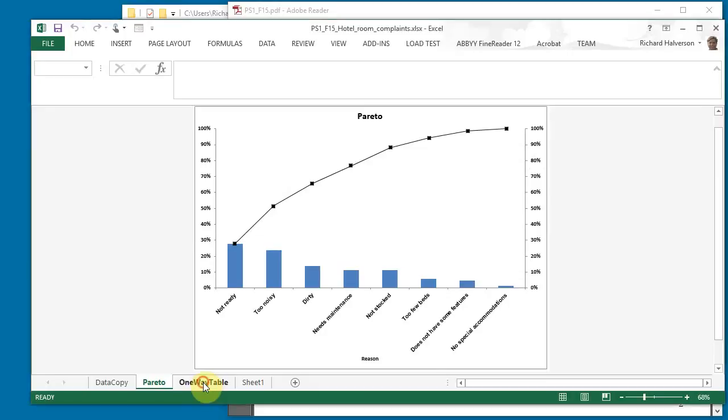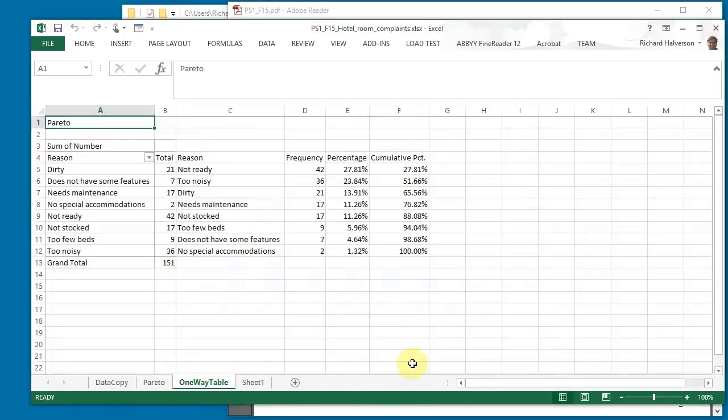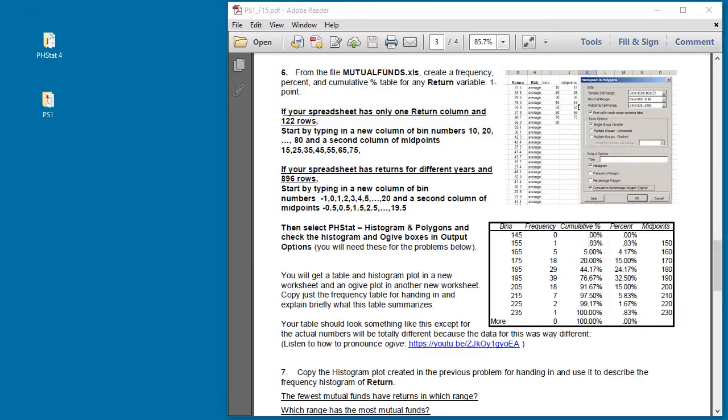And the one-way table here summarizes it nicely. When we look at the cumulative percentage, we see that if we could take care of the first 3 complaints here, we would be able to knock off 65% of the complaints. So very useful information. Okay, next we're going to do problem 6, and so let's go back to our spreadsheet,